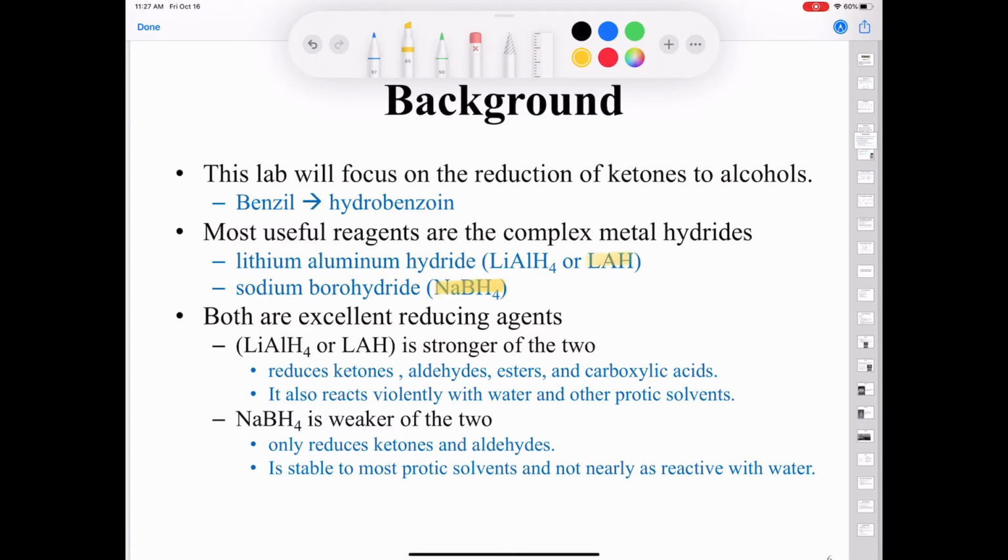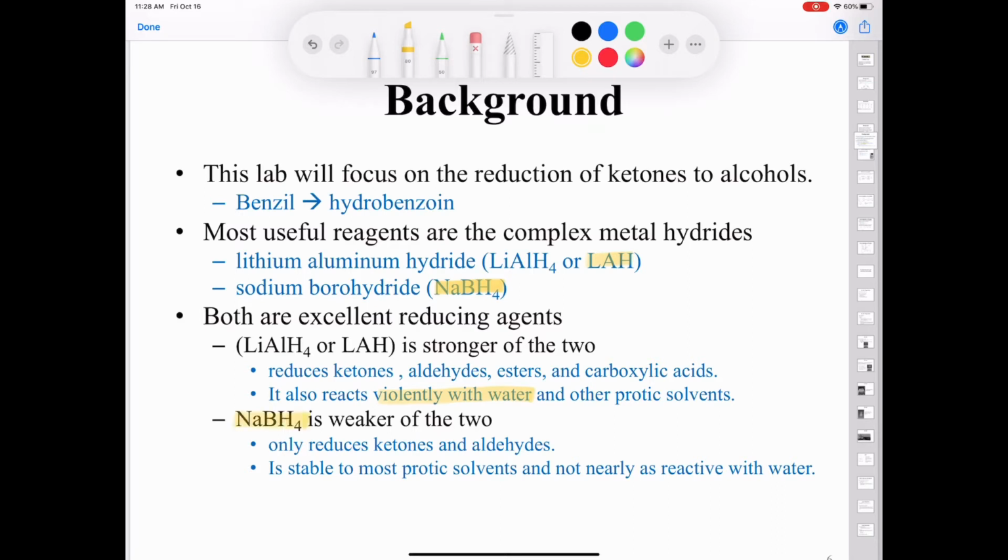Both of these are very good reducing reagents. Lithium aluminum hydride is the stronger of the two. It reduces aldehydes, ketones, esters, carboxylic acids. But the problem is it's pretty reactive. It can react violently with water and other protic solvents like methanol or ethanol. And so again, you can see why this would not be good to use at the undergraduate level,